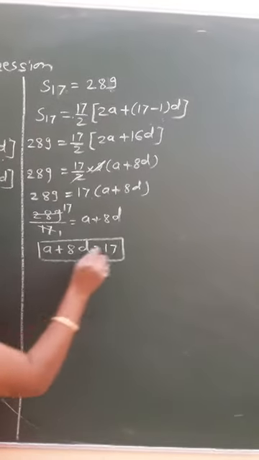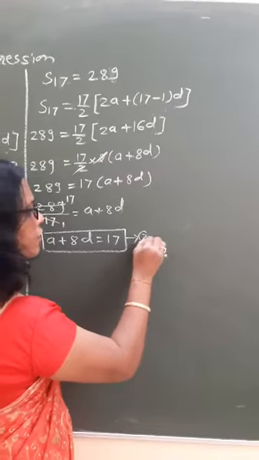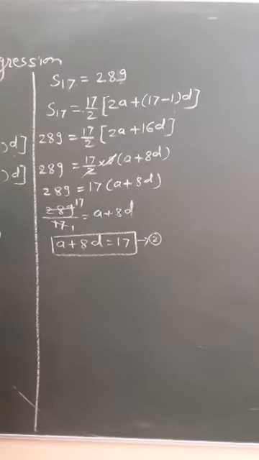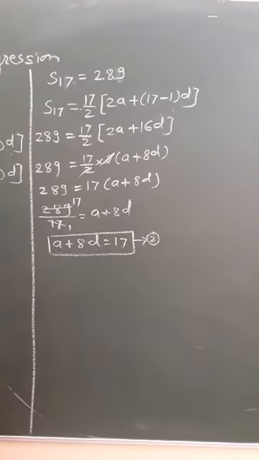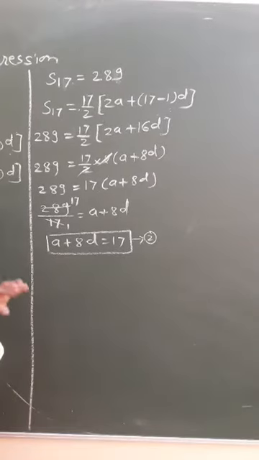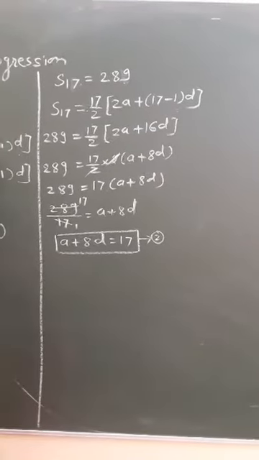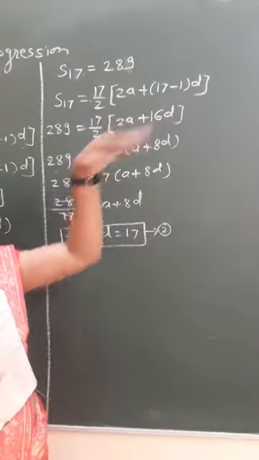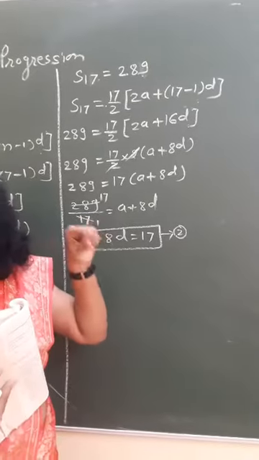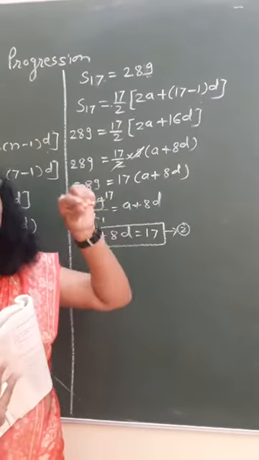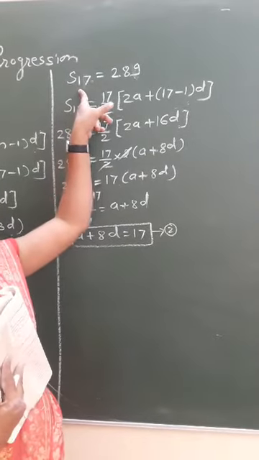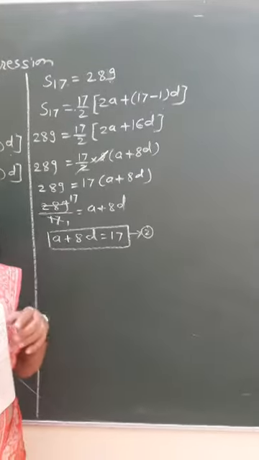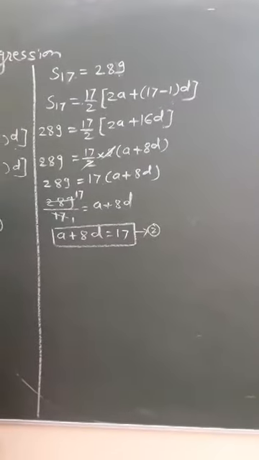This is equation 2. Whenever we get the first, third, or seventh term, we get the same equation. If they give S7, you will get 49 only. If it is S17, it is 289 only. If I think about S5, then S5 is equal to 25 and there you will take S15 is equal to 25. I am telling you extra that this type of problem also comes, by changing the numbers.